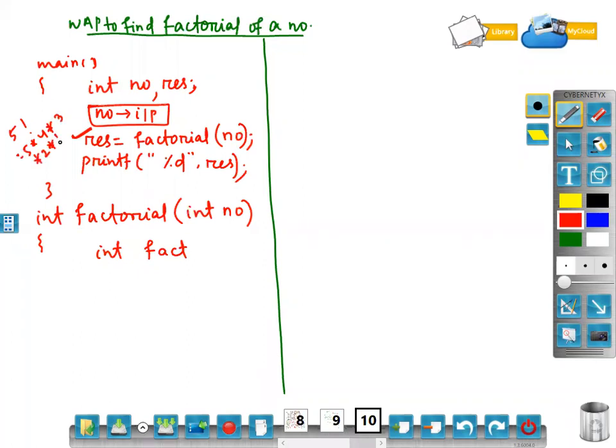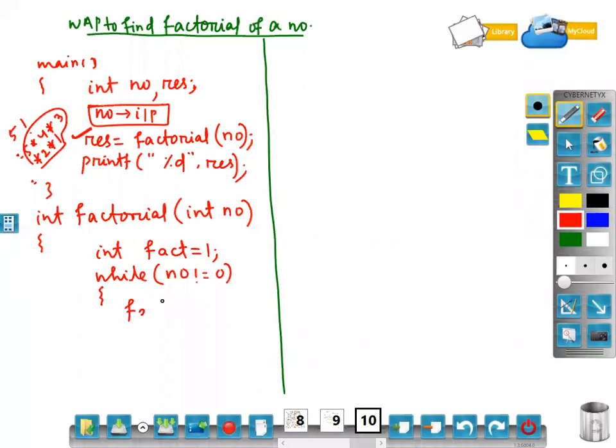Whatever result I get, that is my factorial. Yes or no? So here I have to find the same thing. What I'll check: while my number, I have to continue till 1. That means while my number is not equal to 0,